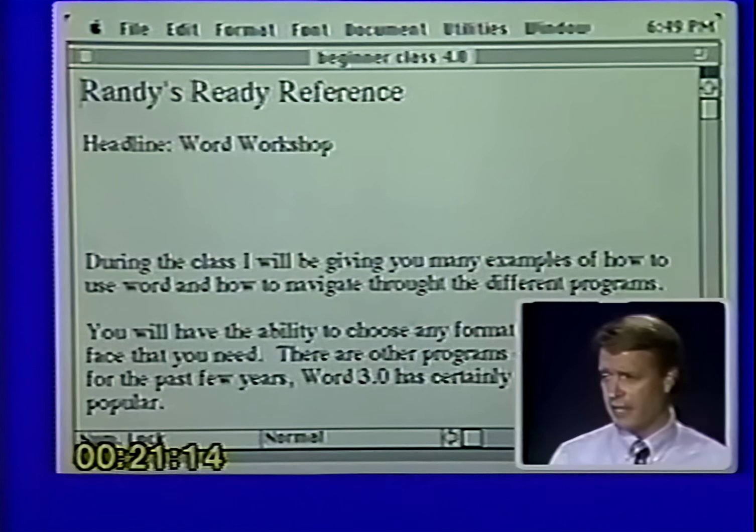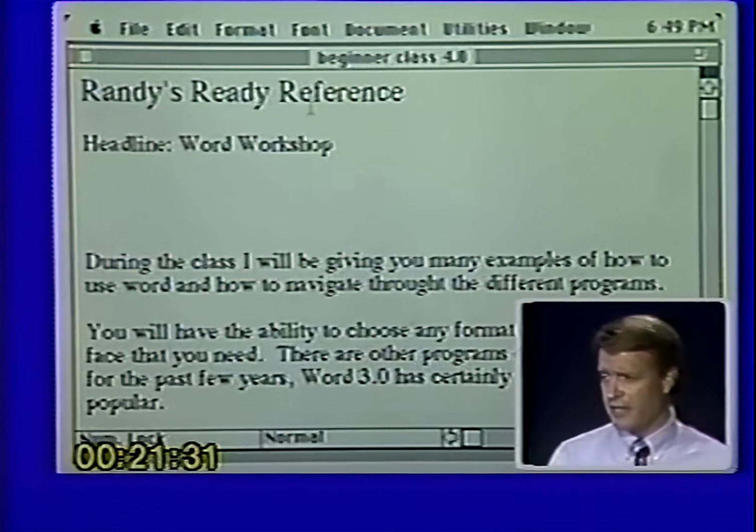First of all, to select a letter, you simply click and drag. Now, your mouse only does 3 things. It clicks, it double clicks, and it clicks and drags, which means clicking the mouse down and dragging it over something. So to select a letter, we click and drag over the letter.